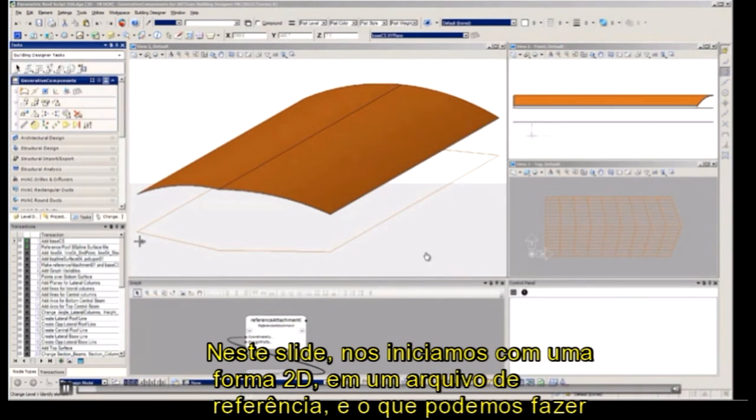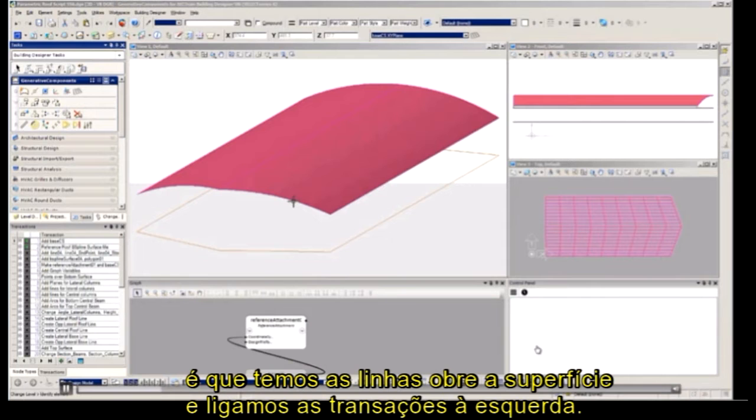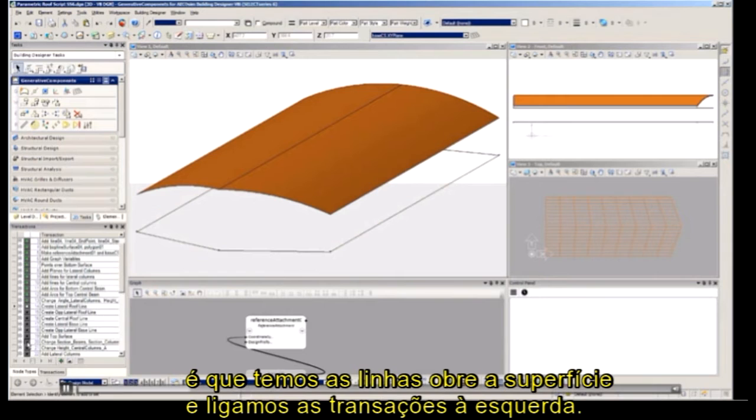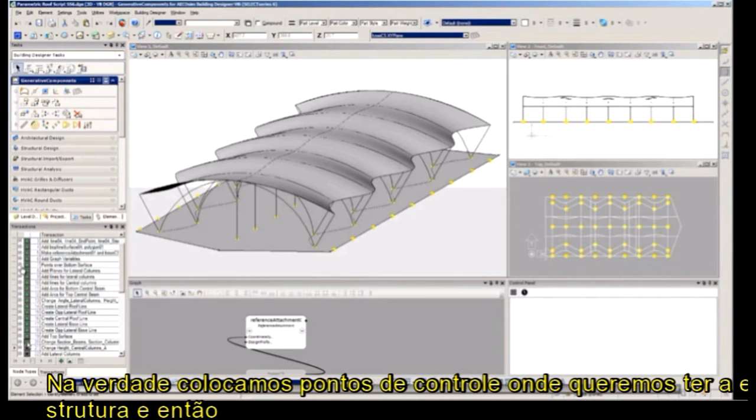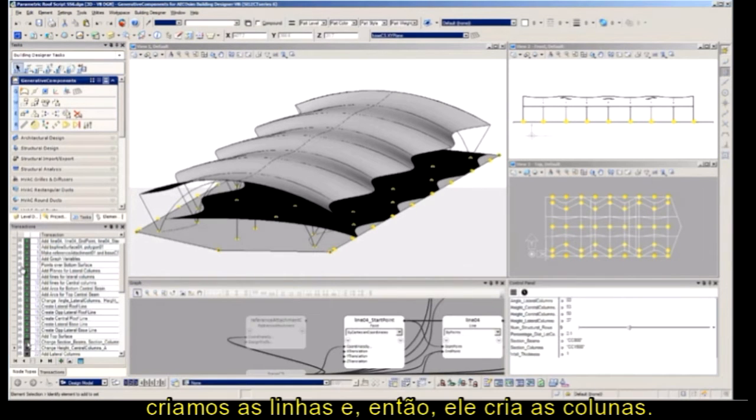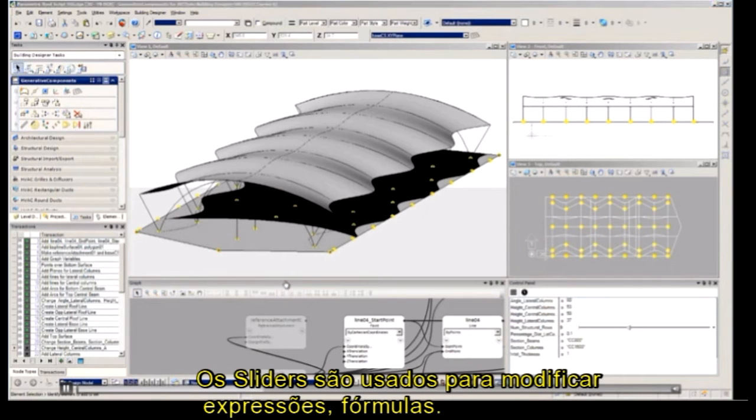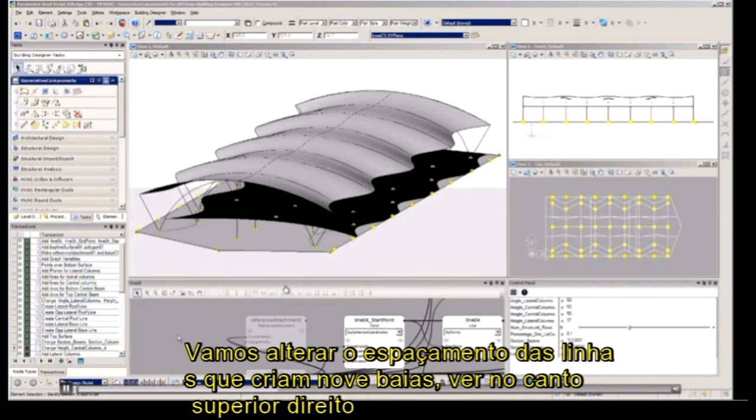So on this slide, we're starting off with a 2D shape that's in a reference file. And what we can do is have the lines and surfaces, and we link the transactions over on the left. So you're actually putting in control points where we want to have the structure, and then it creates a line, and then it creates the columns. And then the sliders can change those expressions. So we can go in and